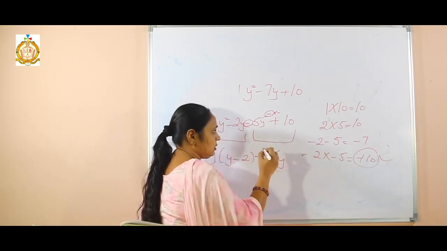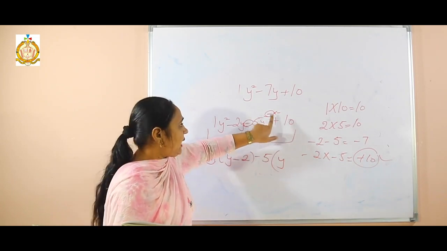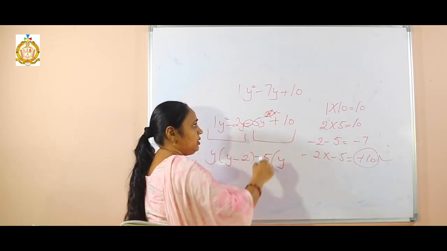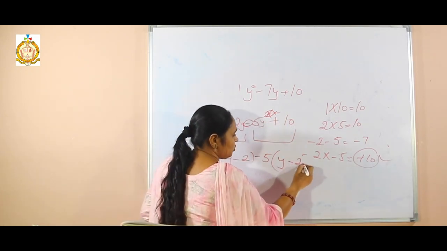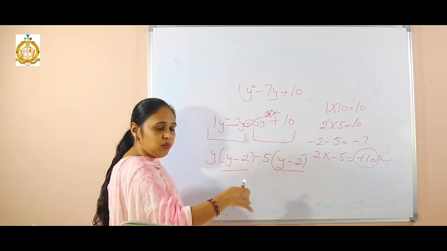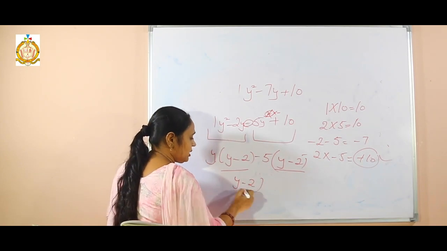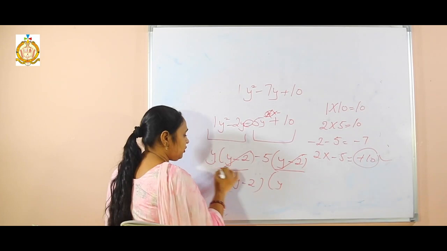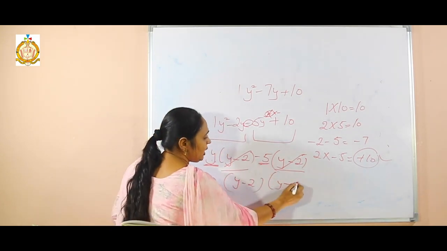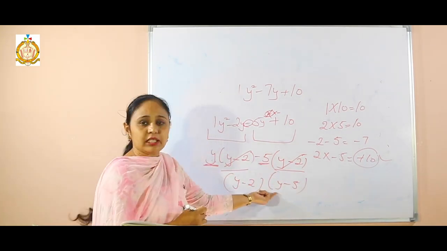That means here it is positive. I take 1 minus, this I have taken out. What is left? Here also minus 2 is left. Now again the same bracket, we have to take the same outside. Now what is left? This common outside. What is left? Here only y, here only minus y. That means these are the factors.